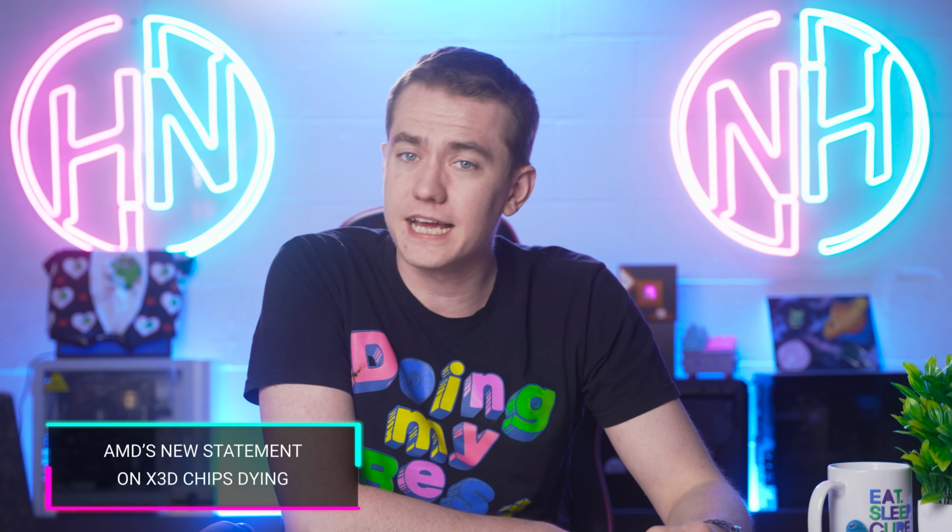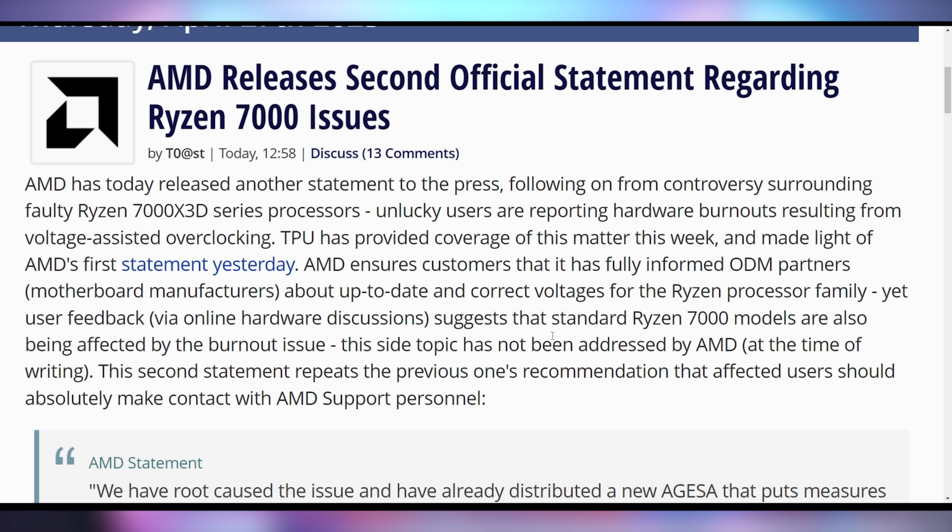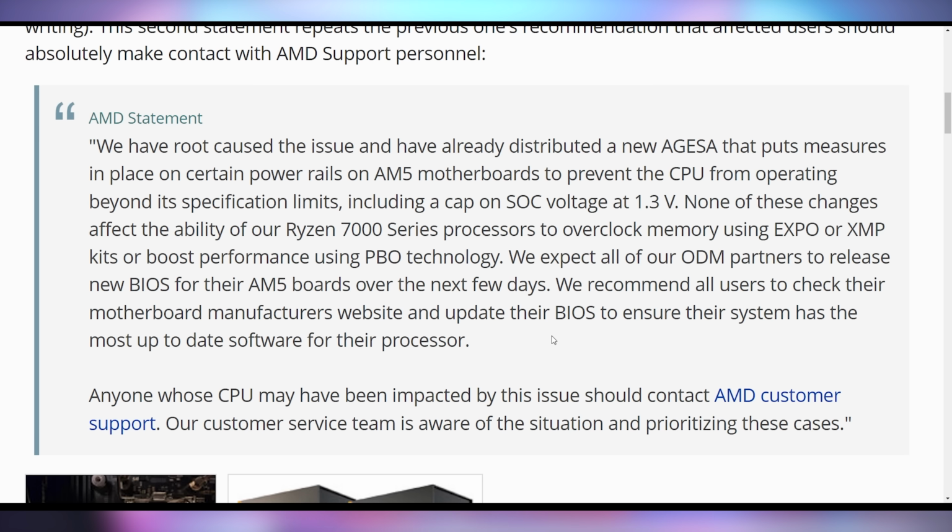And AMD's given a statement about the Ryzen 7000 X3D chips dying. This one is actually a lot better than their first statement, and I think if they had taken some of the elements of what they put in this statement, I would have been much happier with their first. But now we have details of AMD getting to the bottom of why their CPUs are dying. AMD has said, we have root caused the issue and have already distributed a new AGESA that puts measures in